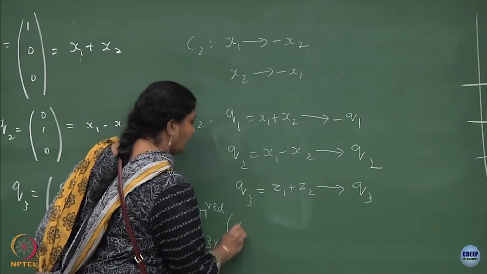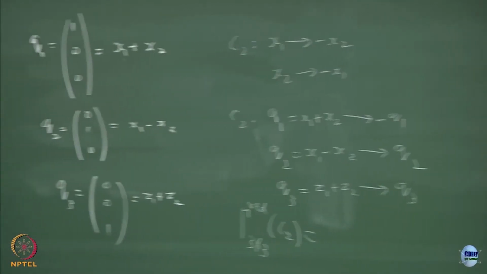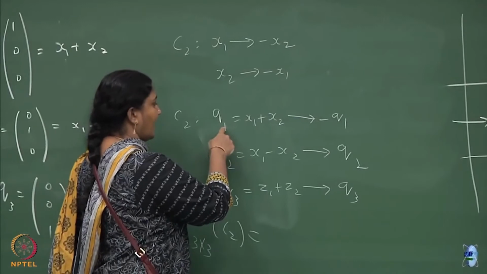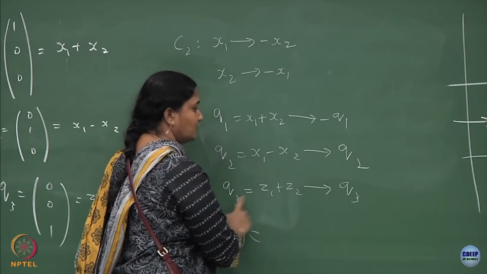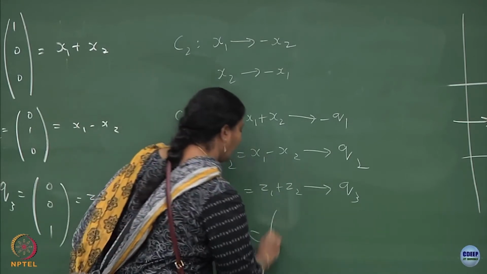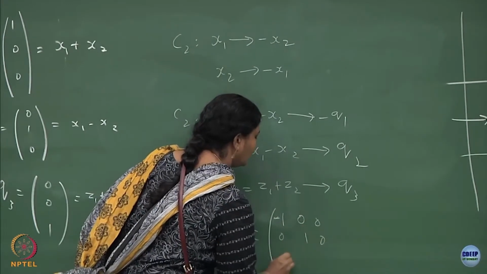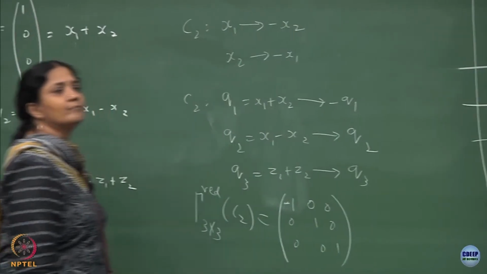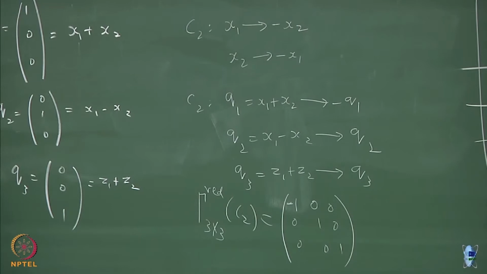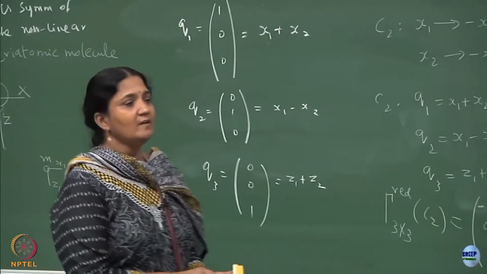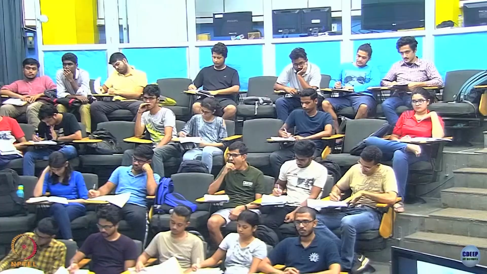For the C2 element, in this basis Q1, Q2, Q3 will be such that when it acts on Q1, it should go to minus Q1, Q2 should remain this, Q3 should remain this. Tell me what will be the matrix? Minus 1, 0, 0, 0, 1, 0, 0, 0, 1. Is that clear? So, write out for the sigma V, treat it to be the xz plane. Sigma V is also like the identity matrix as I showed on the screen.